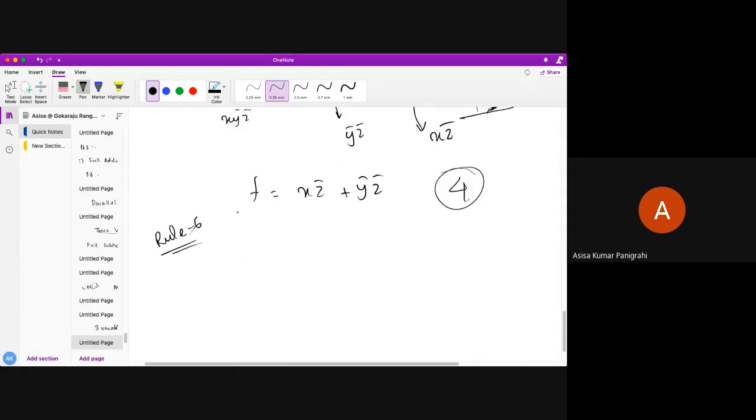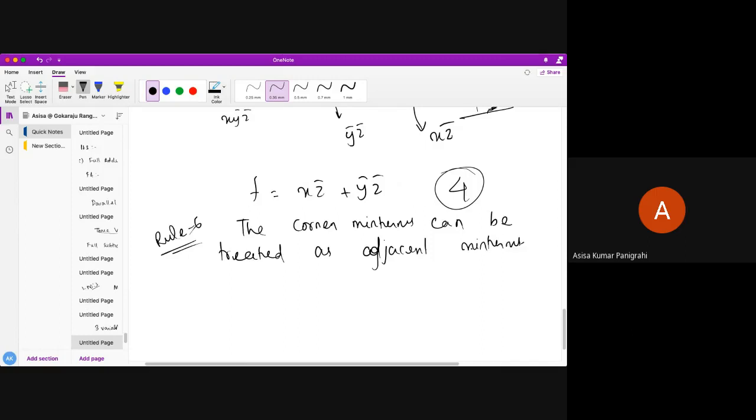Rule number 6 is the corner minterms. So see here, the corner minterms can be treated as adjacent minterms. Okay, students, all of you understand?